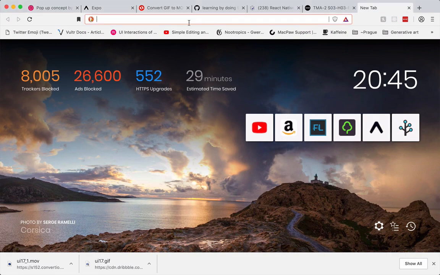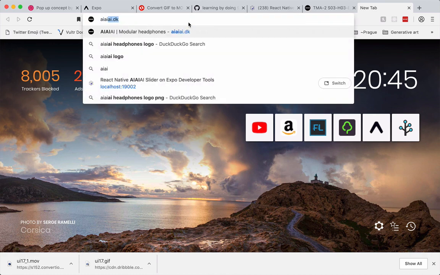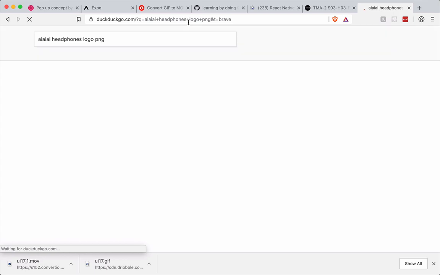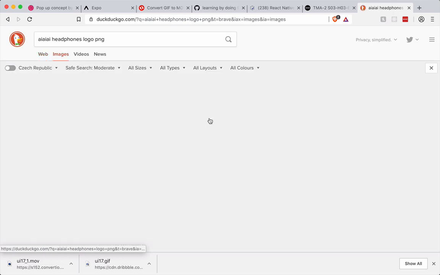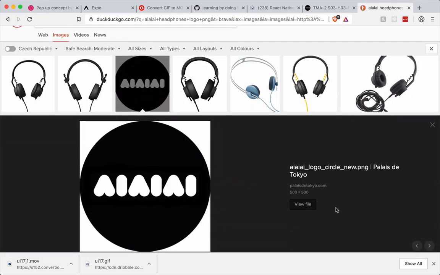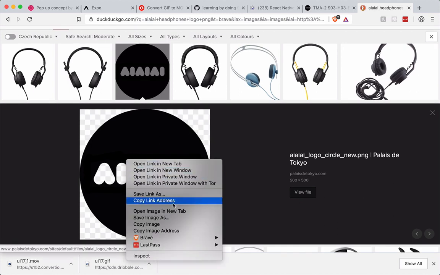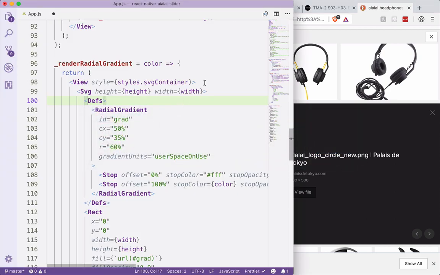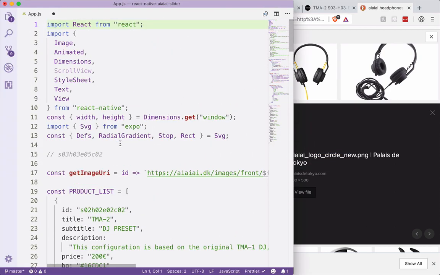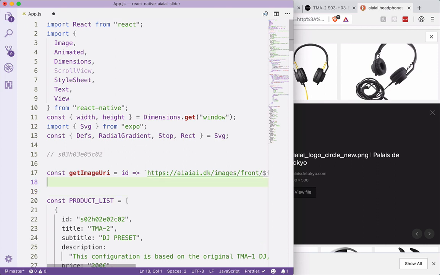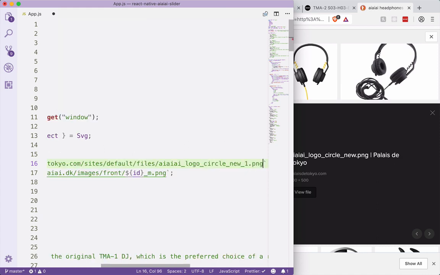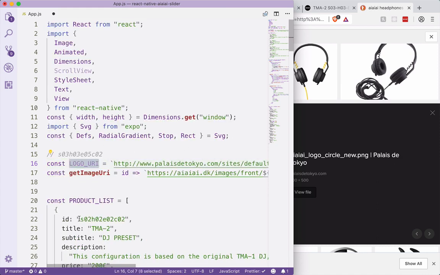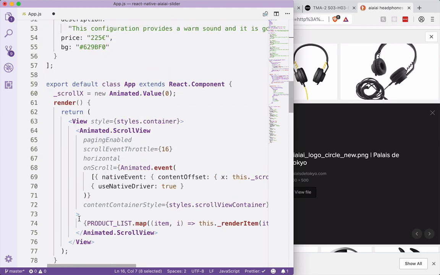Let's search for III headphones logo PNG, and look up, okay, so this one, copy the link and go to VS Code and assign it here. So logo URI is equal to this image,